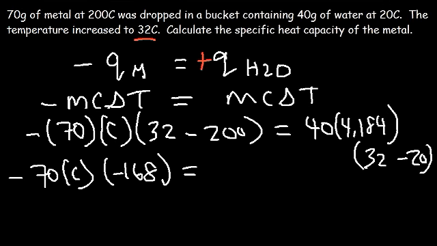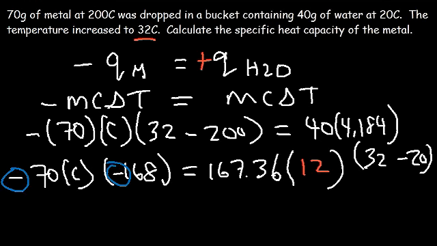40 times 4.184, that's 167.36. And 32 minus 20 is positive 12. Notice that the two negative signs cancel, and it makes the left side positive, which is equal to the right side, which is also positive. That's why this negative sign is important. So 70 times 168, that's 11,760 times C,